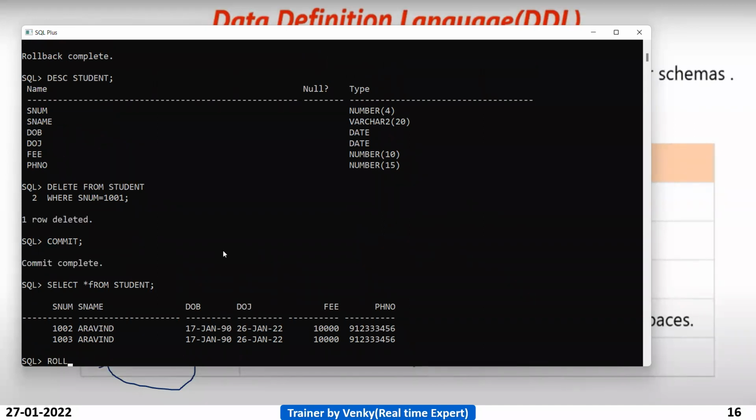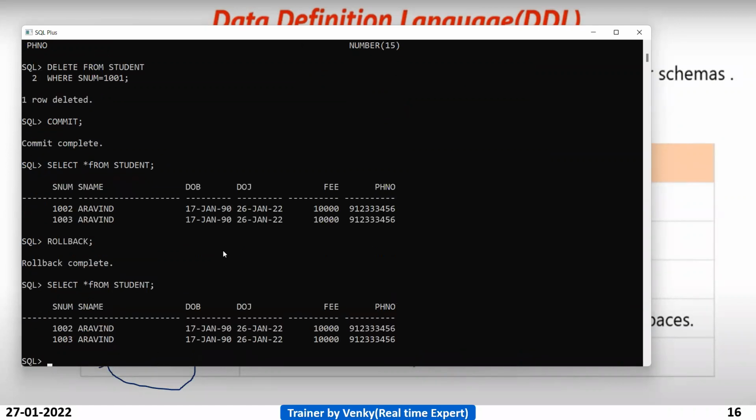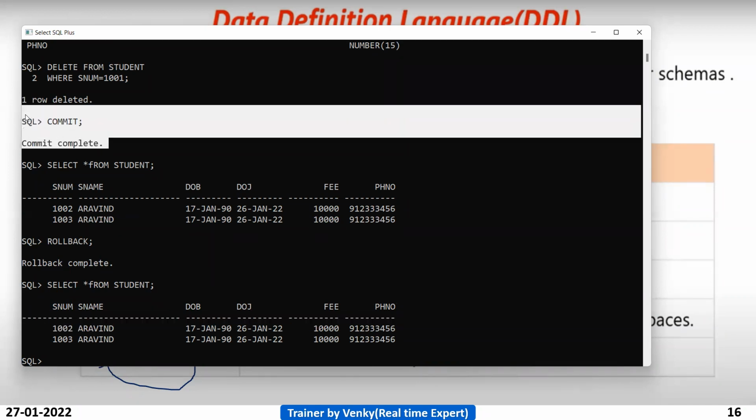Now you can try to roll back. Rollback is completed. See, the record did not come back even after rollback. Why did the record not come back, guys? We committed the data.